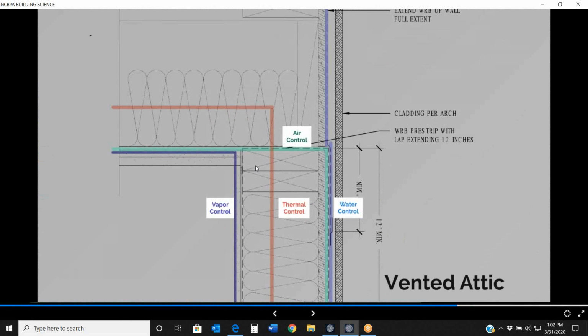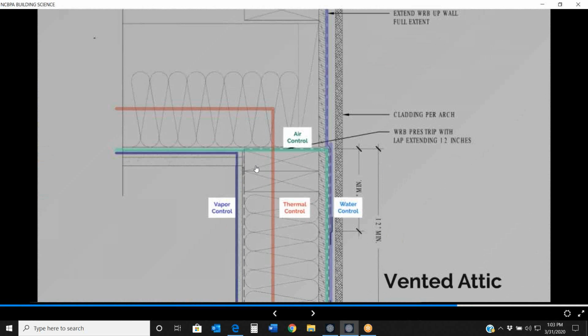When we detail this same location, our vapor control layer is almost roughly in the same spot. Our air control layer has to turn in and seal to the backside of what is our air control layer at the lid with our gypsum sealing. Our thermal control layer is roughly the same, and our water control layer is roughly the same. As we noted, the way that the air control layer ties into our gypsum sealing becomes really important with these vented